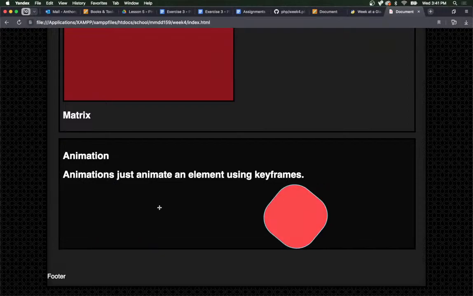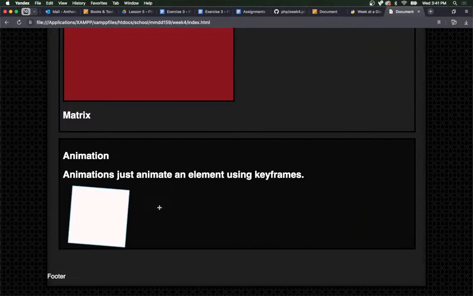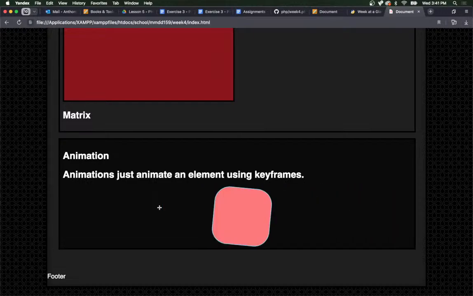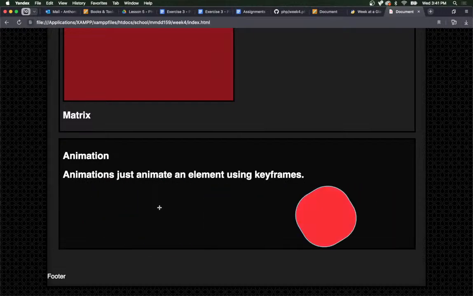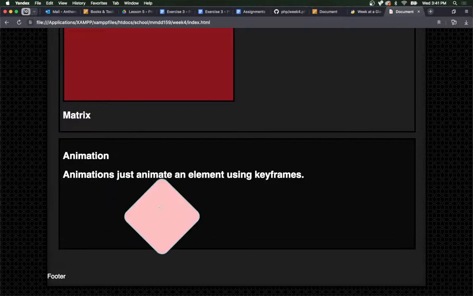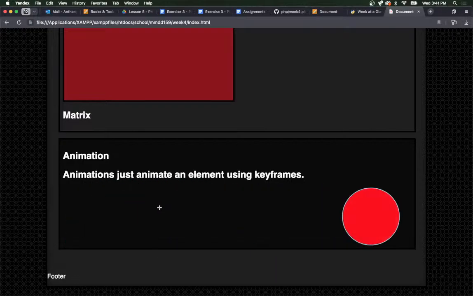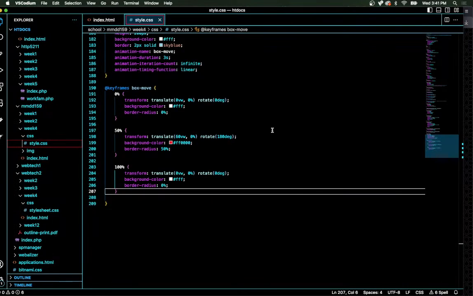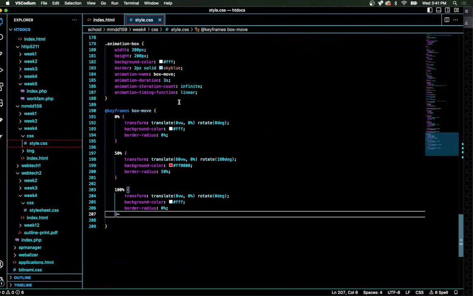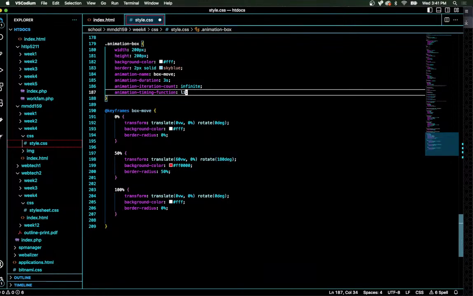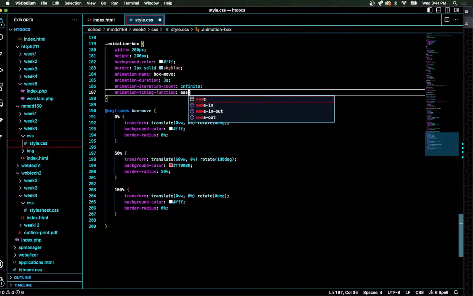So it just never changes speed, which is fine in some cases. And in the Pac-Man case, that's exactly what you're going to want, because that is how Pac-Man moves across the screen. But in this case, you may want to change the timing function to something like ease in and out,